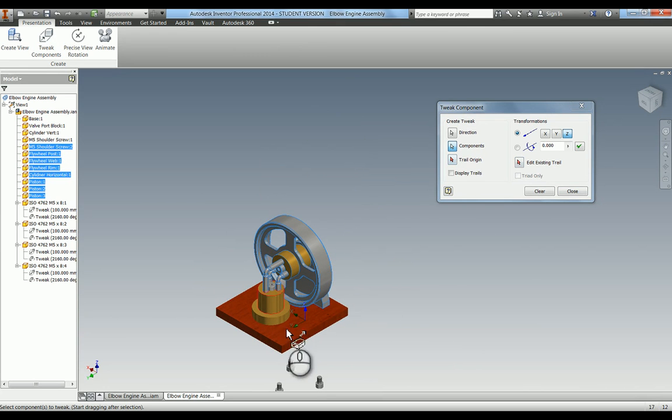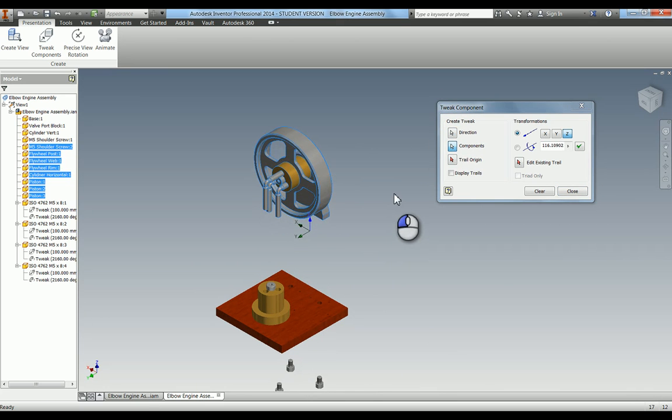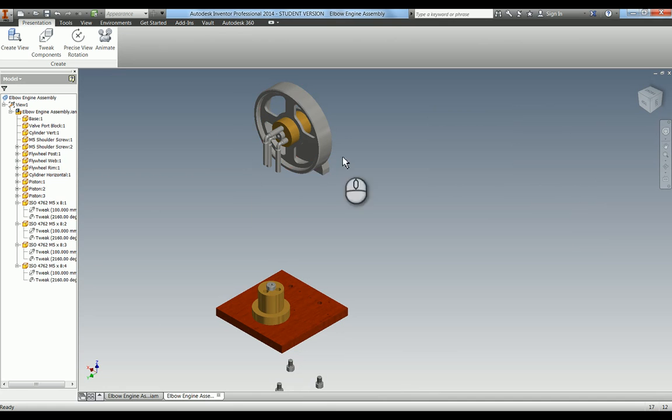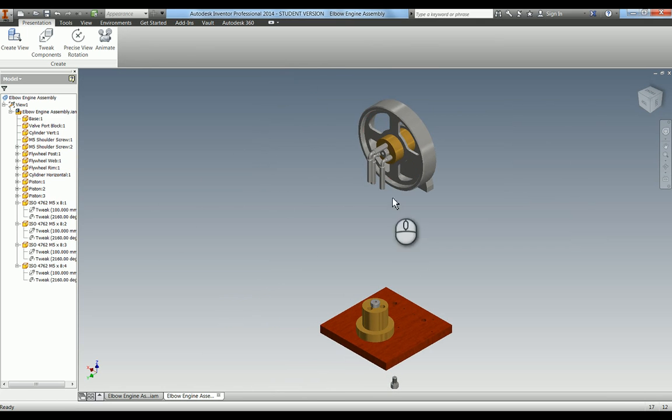So the direction is Z, so if I go back into direction, I can then drag that up. So you can now see, let's say 175. I've now done that. Close that. So now you can see I've moved all of that up. We've just pulled everything up because there's nothing attaching it, and I'm now going to move out the pistons, and move out all of this, all in this direction here. And hopefully I'm going to miss everything,